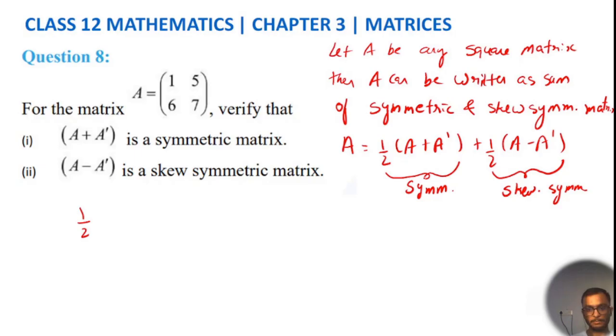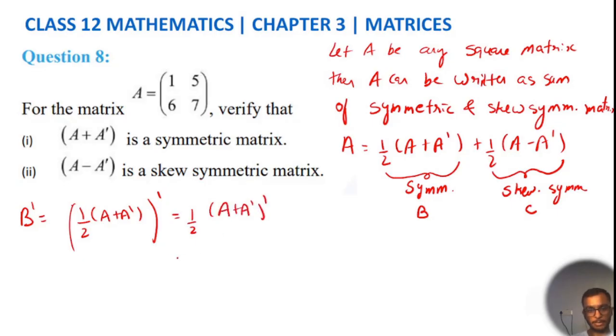तो सपोज मैं ये मैट्रिक्स को अगर B बोल दूं और ये मैट्रिक्स को अगर C बोल दूं, तो मेरा B ट्रांसपोज क्या होगा, 1/2 (A प्लस A ट्रांसपोज) का ट्रांसपोज, राइट। सो ट्रांसपोज में स्केलर तो कॉमन निकल जाता है, स्केलर से कुछ फर्क नहीं पड़ता, और (A प्लस A ट्रांसपोज) का ट्रांसपोज। अब बताइए मुझे (A प्लस B) का ट्रांसपोज क्या होता है, A ट्रांसपोज प्लस B ट्रांसपोज, राइट। तो यह होगा A ट्रांसपोज प्लस B ट्रांसपोज, B है A ट्रांसपोज, सो A का ट्रांसपोज। अब आपको एक और चीज पता है, A ट्रांसपोज का ट्रांसपोज इज A, so this will be 1/2 (A ट्रांसपोज प्लस A)